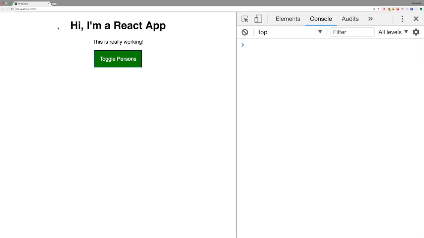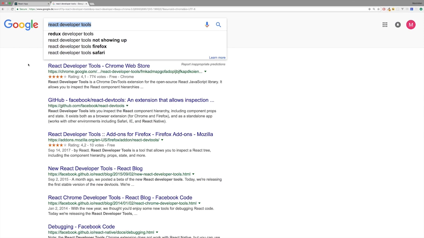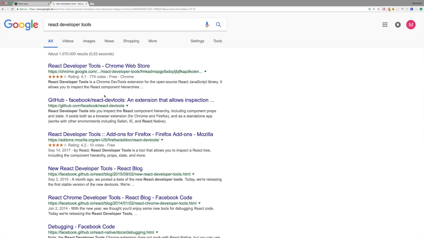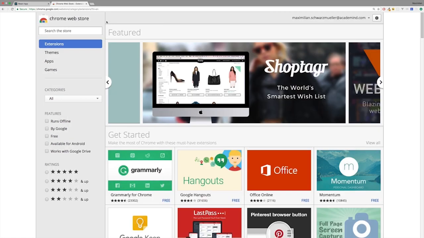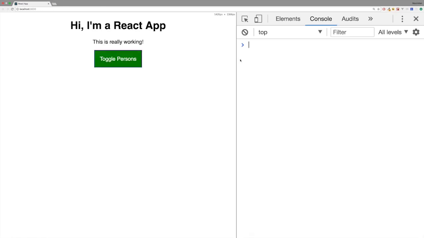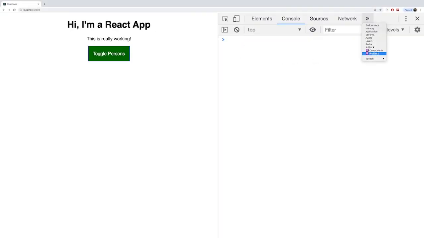Let's install it together. You can simply Google for React Developer Tools, and you will find the GitHub repository where you can learn more about them, how to use them, and can even contribute to the project. Or you head right to the Chrome Web Store. No worries, these are free. In the Chrome Web Store, I already added them to Chrome, but you can click Add to Chrome if you haven't done so. Once you added them, you probably need to restart Chrome, and thereafter,